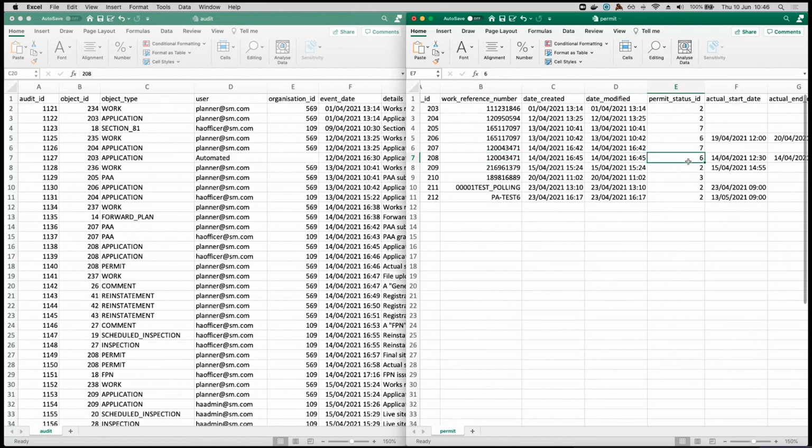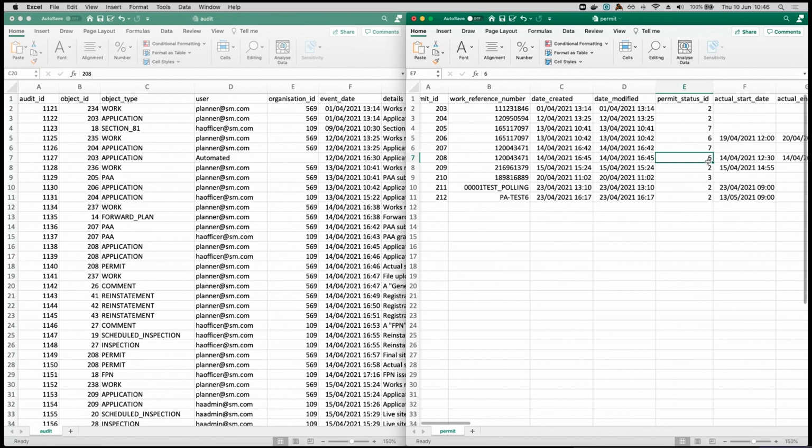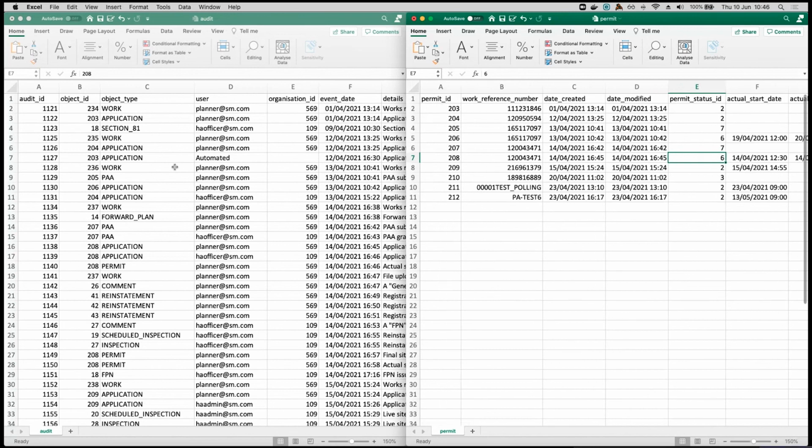So then we can apply the same process to the list of statuses, for example, and look in the permit status CSV file to see, okay, what status is status number 6. So yeah, and you can gradually build a picture of what's been happening by looking at the different work history